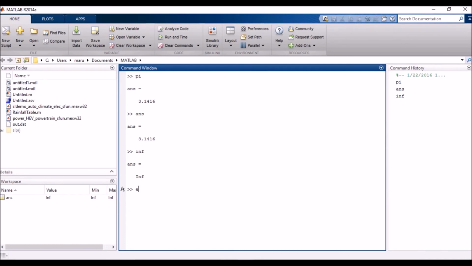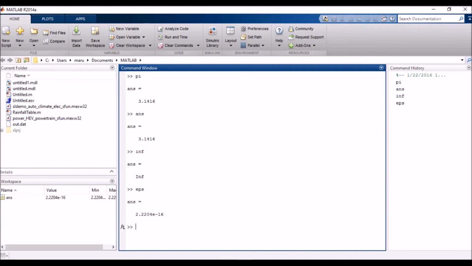And also one more thing will be there. EPS is the smallest difference between two numbers, that is nothing but 2 power minus 52, and the value is 2.2204 e power minus 16. A specific accuracy of floating point precision. This is also one more thing, EPS.